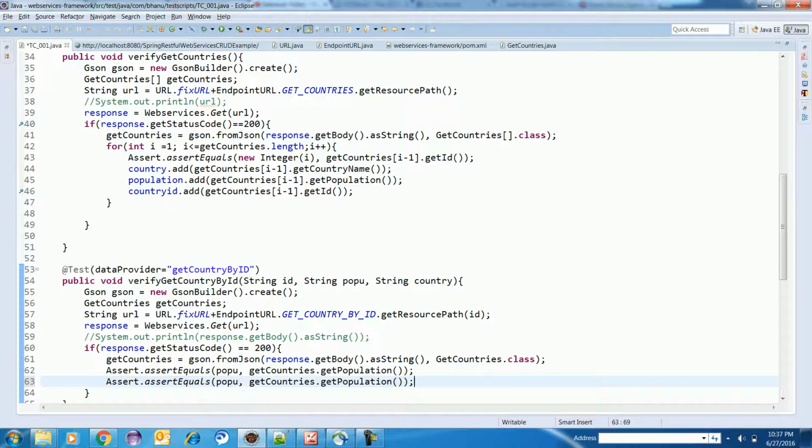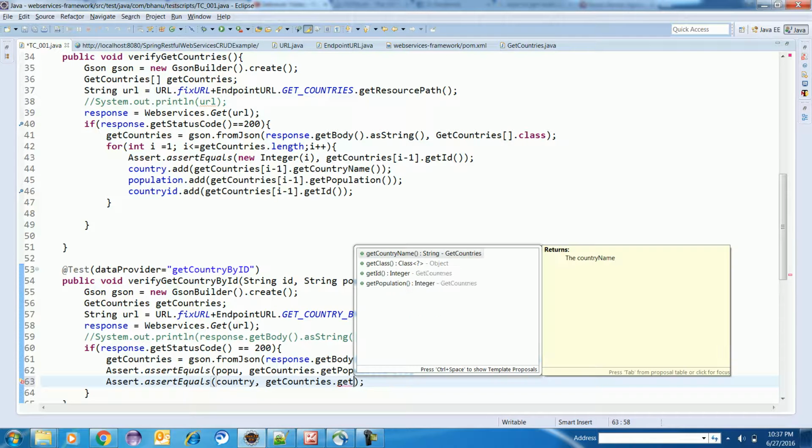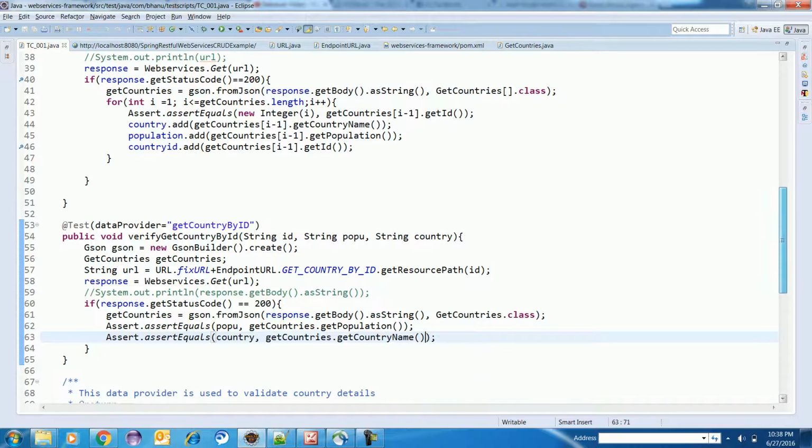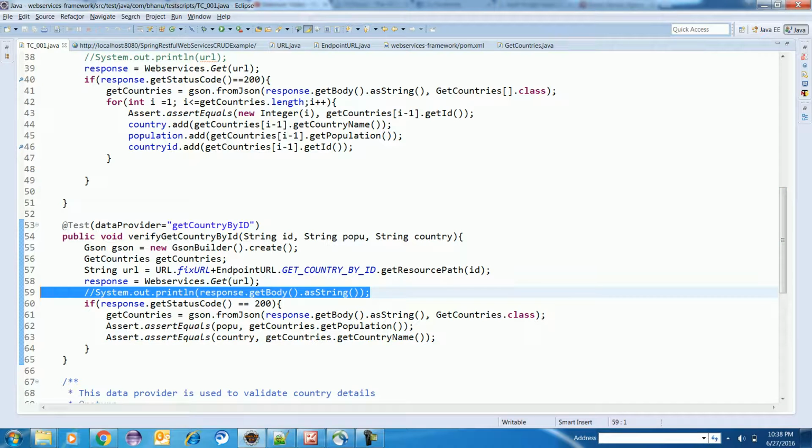Similarly we can verify the country name also. Get populations, and we can do here getCountryName. This is done.